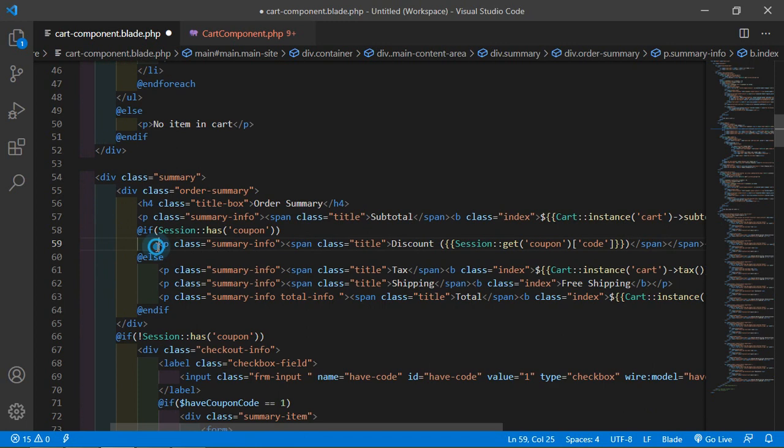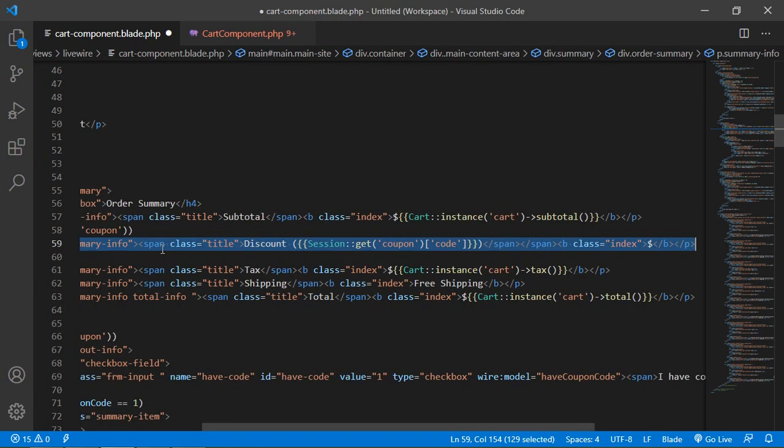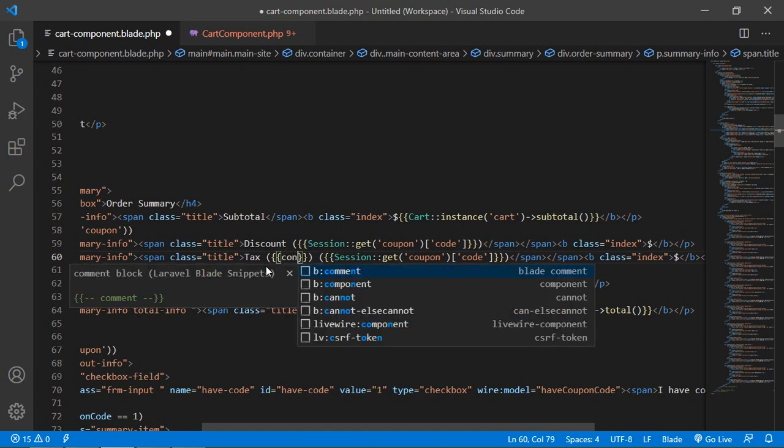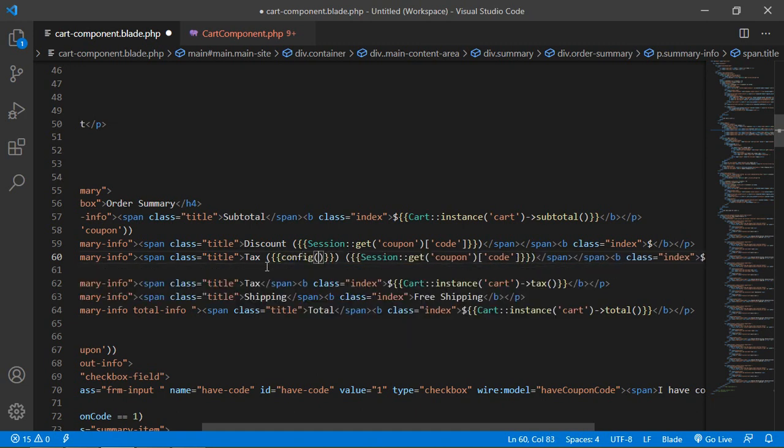All right. Now copy this line and paste here, and change here the title, which is tax. Okay, and inside this just display the tax. So for that just write a double curly bracket config, and inside this write tax, cart.tax. Okay, and after the curly bracket simply write here percent sign.